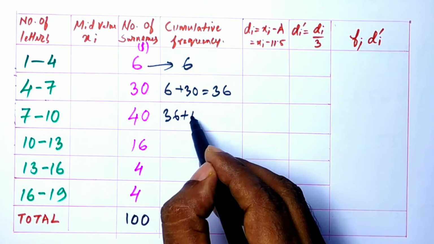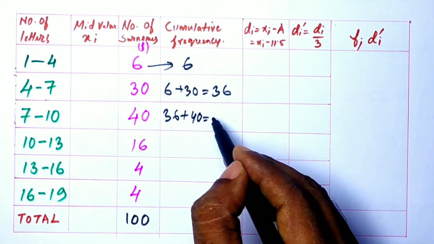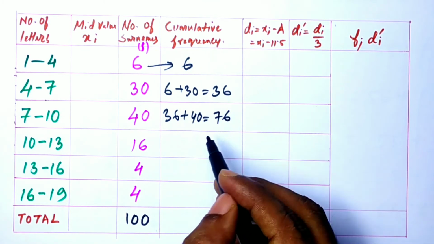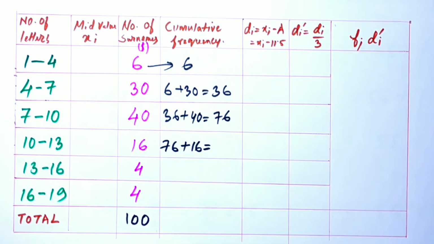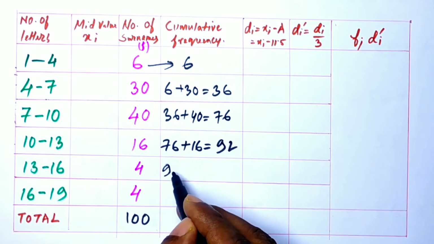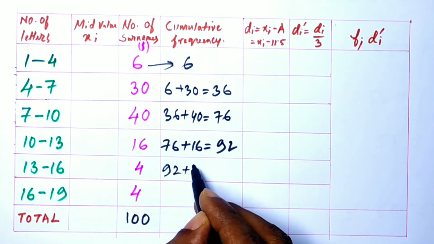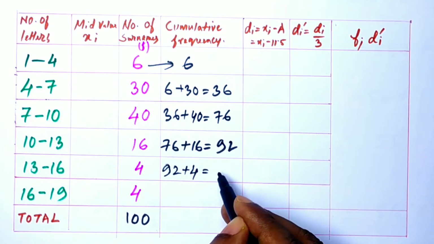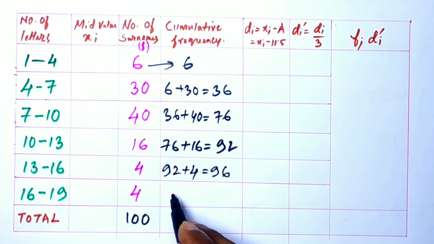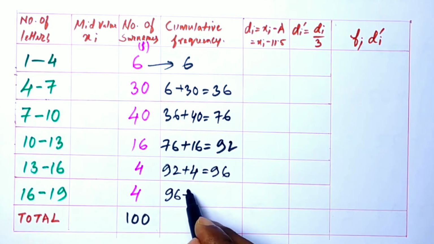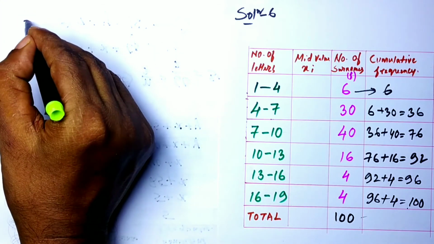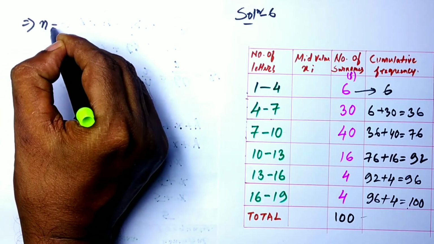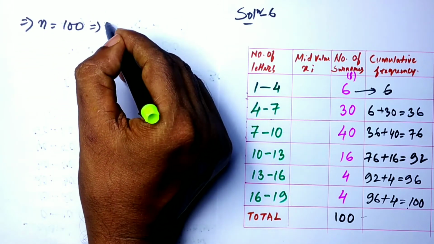36 plus 40 is 76. 76 plus 16 will be 92. So 92 plus 4 will be 96. 96 plus this 4 is total 100. So we have here n equal to 100 from the table. We calculate n by 2,